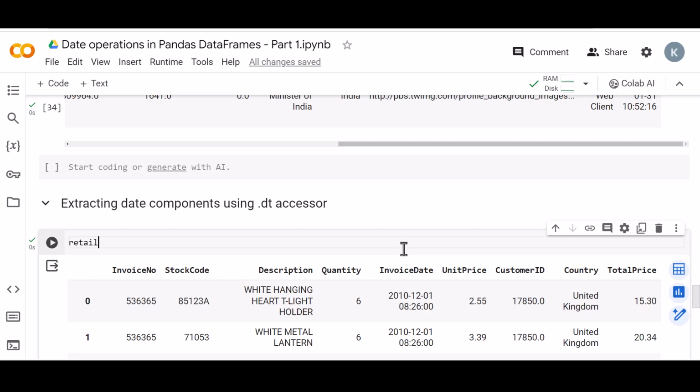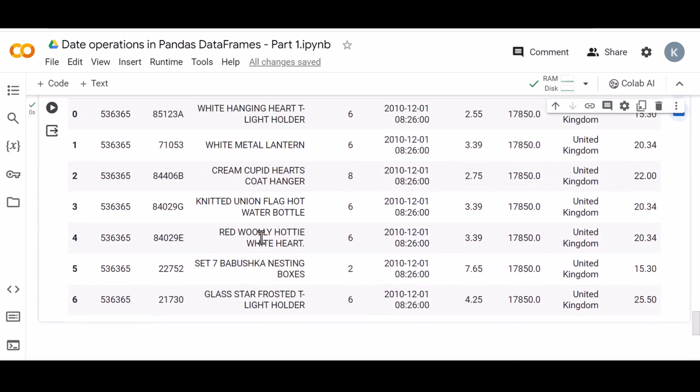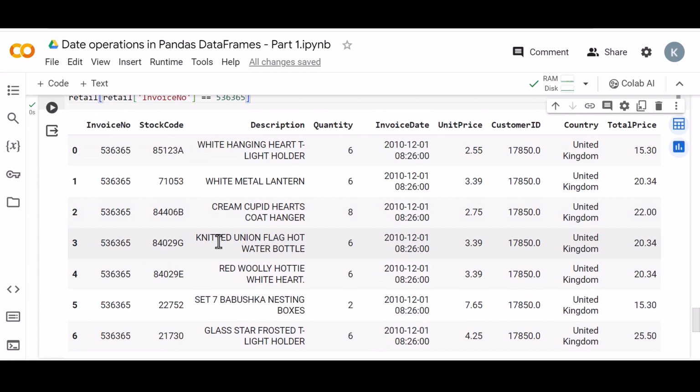So for example, if I filter just this particular invoice, let's take the first invoice number. For this particular invoice, we have 7 items. So the customer has purchased 7 items together in a single basket. We have the same invoice number and same invoice date all across, whereas the product in each of the rows is different, and we have the corresponding quantity and unit price, whereas the customer ID, country column, all those